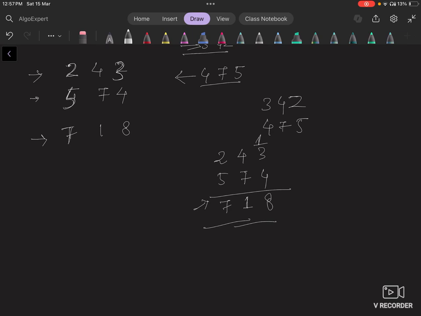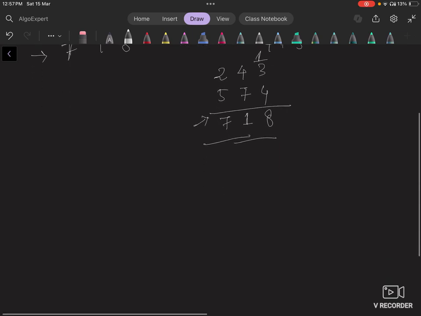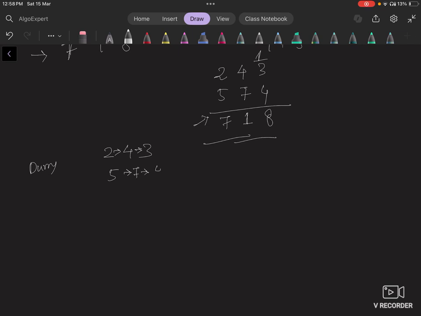As the linked lists are already provided in reverse order, what we can do is create a dummy node initially. And then this is the list, then 5, 7, 4. Initially our dummy just points to an empty node. Next we'll add those two values. We'll iterate both the lists simultaneously and check if